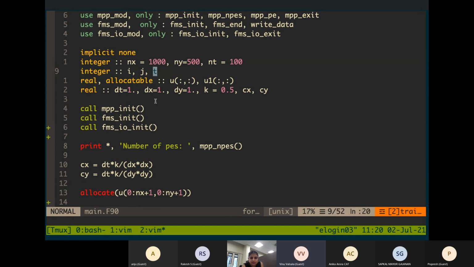Yeah. So I just explain what it means by a domain decomposition. We lost your screen.